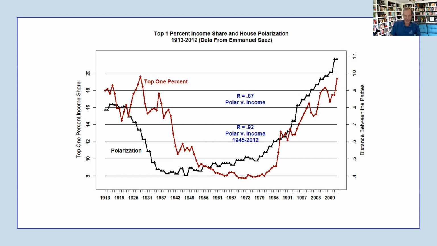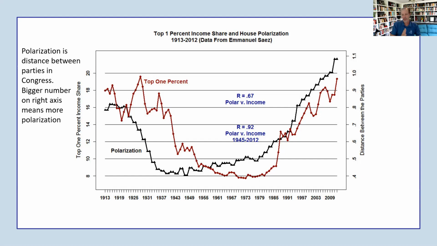Then we have another line in here, this black line. This actually measures political polarization. Now it does it in a specific way. It's looking at how the parties vote in Congress, but it's a pretty common way political scientists look at polarization. So as this black line gets higher up the chart, it means more polarization. So a higher number on the right, or at least anywhere on the chart, means more polarization for the black line.